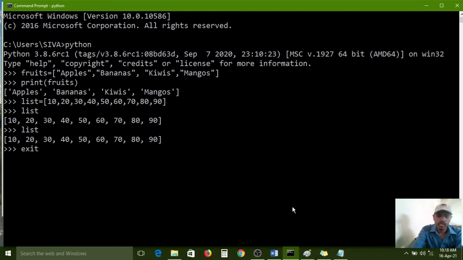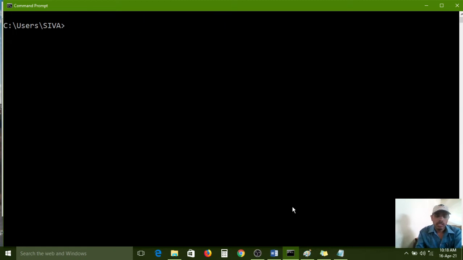Sorry, first I want to execute this, then only the command prompt will open. Okay, CLS. Now I want to shift, because my file is available on the desktop, but the command prompt is showing the location in the C drive, Users folder, and in that the Siva folder. Because this is my laptop, my name is showing here. On your laptop, your name will also show like that.